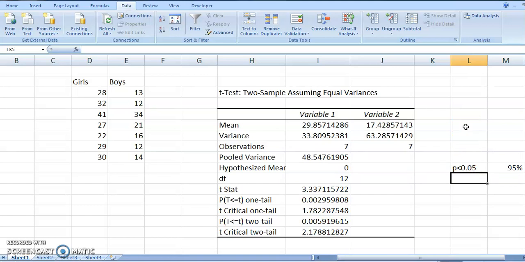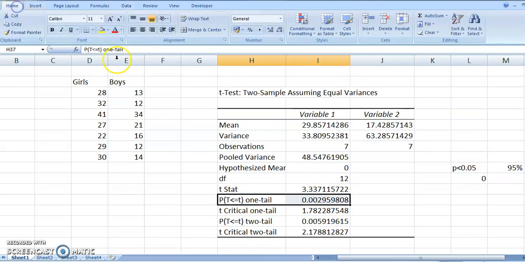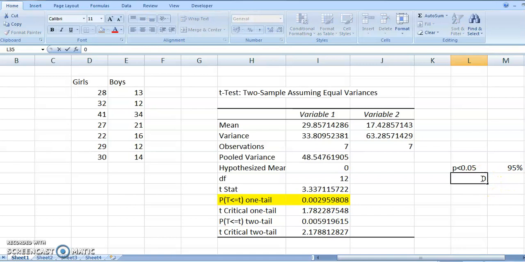We are just going to find out that a 95% significance level is available, and our value is the p-value, 0.002.